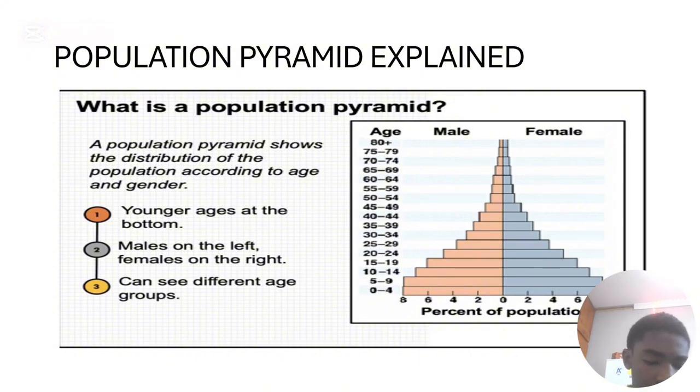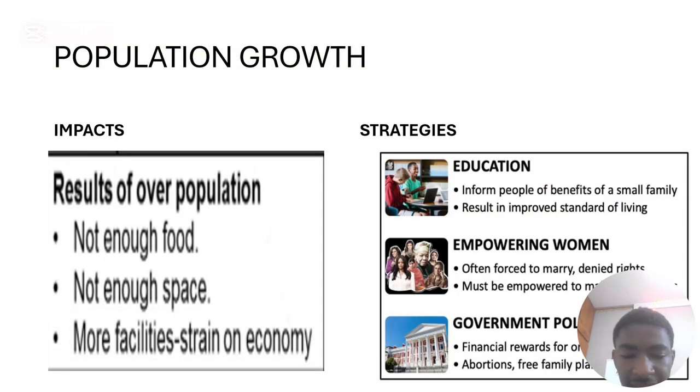Right now, we move to the next slide, which is the seventh slide. Now, let's talk about population growth. What are the impacts? What results in overpopulation? Not enough food. When you don't have enough food in a country, people would move to certain areas, and there will be overcrowding. Now there's not enough food. There's not enough space to occupy. That's why you find people sometimes living in the streets. There's not enough space. Then there are facilities, strain concerned. So specifically, this one speaks about the medical facilities.